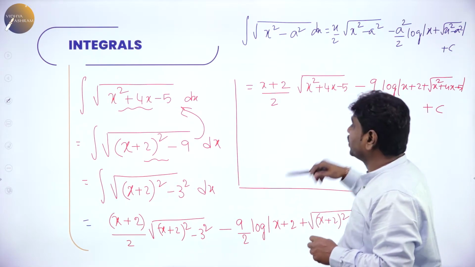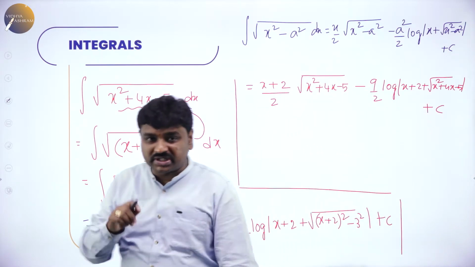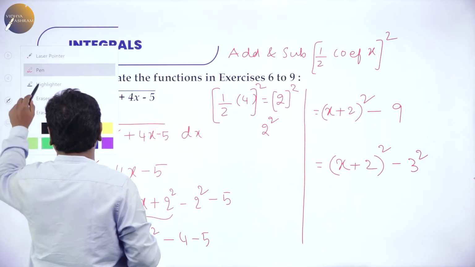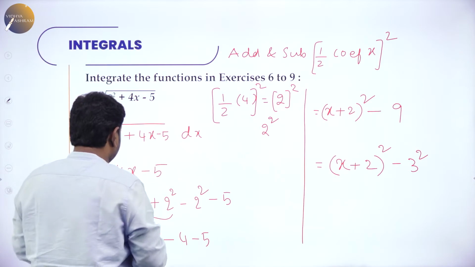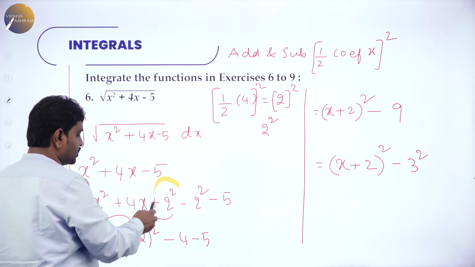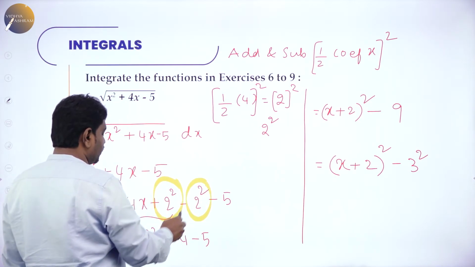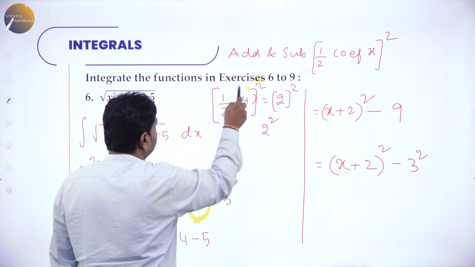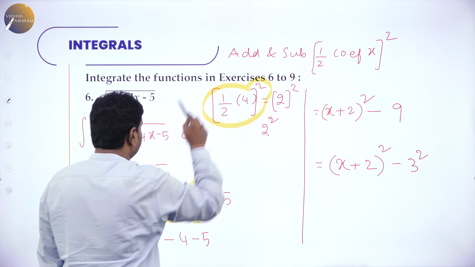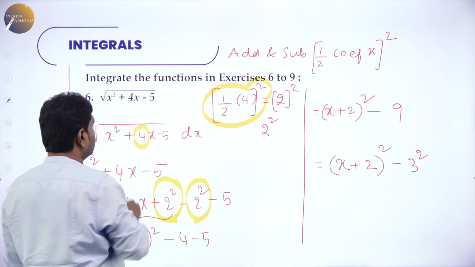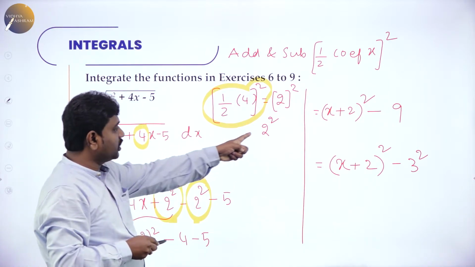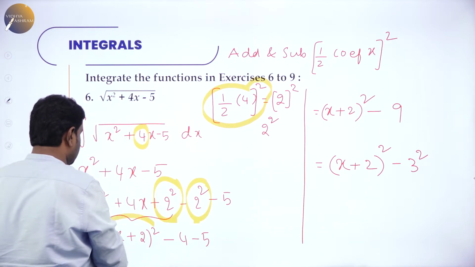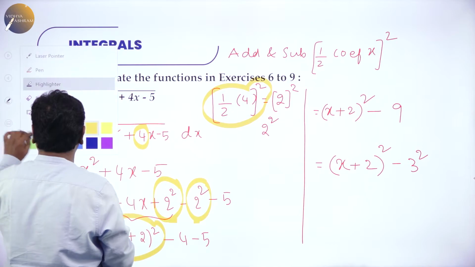And this formula. So you should be thorough with the formula of what? Specific integral. So now please understand what to add and subtract is most important. Here you can see the critical step is this: 2 square and minus 2 square. Why should I add 2 square and minus 2 square? This 2 is what? Half of the coefficient of x. What is the coefficient of x? 4. Half of it is 2. 2 square you should add and subtract. Then this will become (a plus b) the whole square. That is a hint for the problem.